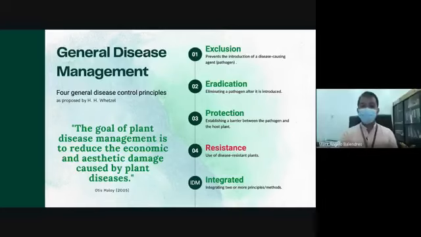Now, in plant pathology, there is really no single effective control measure. Even though you have a resistant plant, it is always a good practice to combine it with one or more of the other principles that I've mentioned earlier. So if you make sure that there are barriers or phytosanitary measures in your farm, and at the same time you keep on monitoring or surveying the farm, doing some soil solarization, also removing infected plants, and at the same time planting resistant or less susceptible varieties, then you are likely to mitigate the